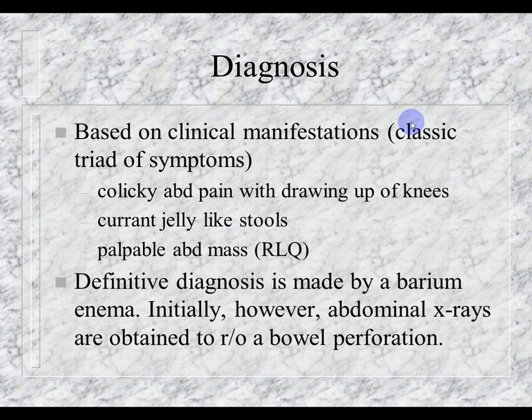Again, getting back to the enema, most of your radiologists now are using water-soluble contrast instead of barium because a lot of times there's bowel perforation that's occurred and you wouldn't want that barium getting all into the abdomen and causing peritonitis. Now, along with that, they use air pressure. Why do you think they would use air pressure?